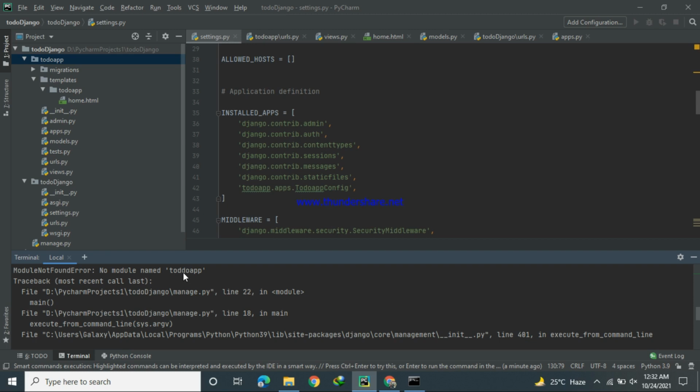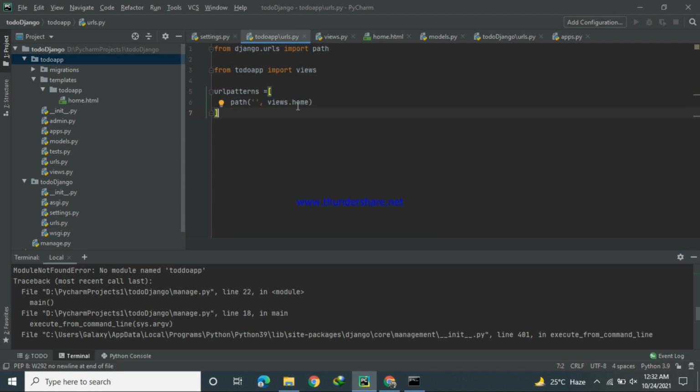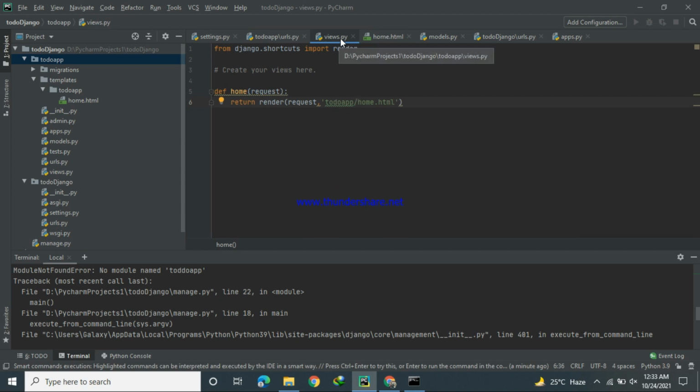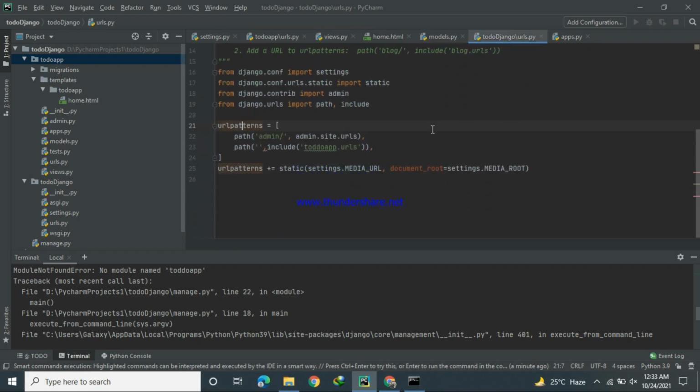Our app name is TODO, so there is a spelling mistake. Let's see where the spelling mistake is. So here is the spelling mistake.